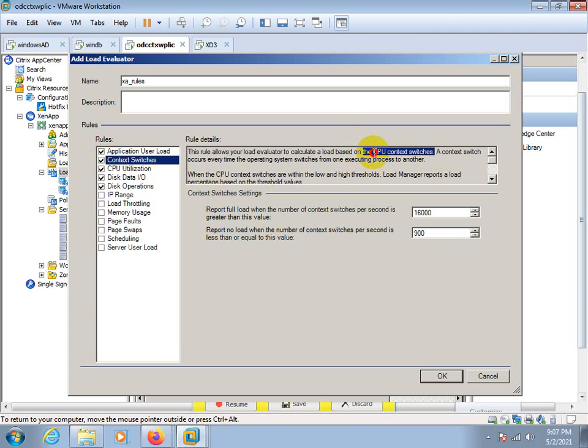Anyone know what is CPU context switching? No, sir. It's based upon the content. Like in Google, if you are searching something, you are searching Citrix or you are searching VMware, it's a content.